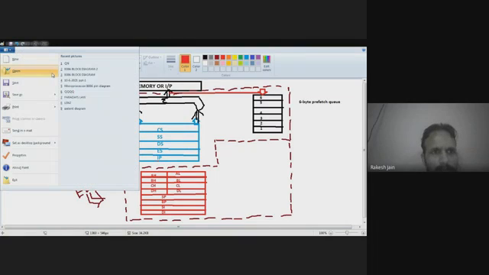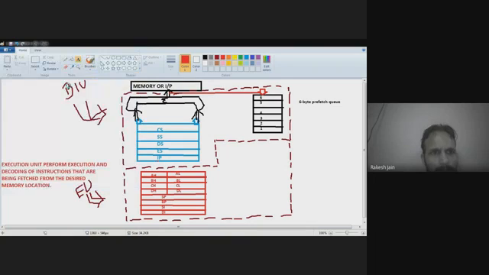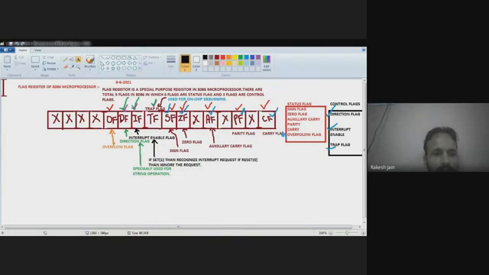Let's see that PPT. Yes, this was the PPT which I showed you yesterday, and we saw that there are 9 flags, of which 3 are control flags and the remaining 6 are status flags of 8086 microprocessor. So overflow flag, direction flag, interrupt enable flag, trap flag, sign flag, zero flag, auxiliary carry flag, parity flag, and carry flag. These are the 9 different kinds of flags. In 8085 microprocessor, only 5 flags were there, but in 8086, 9 flags are there.